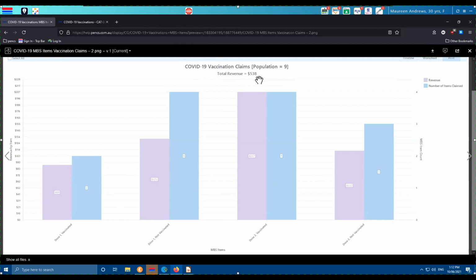that was generated out of the COVID suitability assessment MBS items, those 16 items. And a patient could be assessed and be unsuitable for the first shot, but then 2 weeks later they come back and they're assessed again, and this time the outcome is that they get vaccinated. So that's 2 items for that patient, and the same could be repeated for dose 2. So 1 patient, 2 vaccines could create 2 or more of those MBS items, and it's just something that we thought might be of interest to you as the practice to see in this whole vaccination rollout.